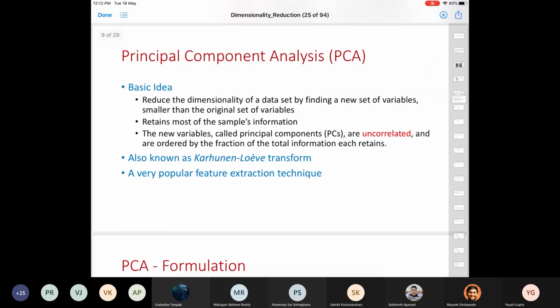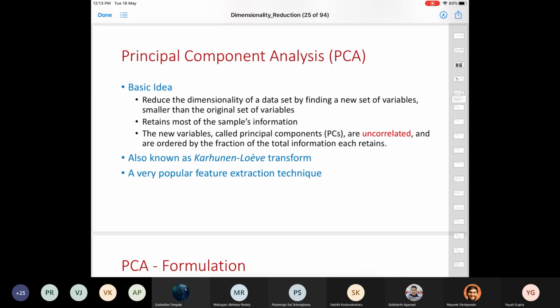Now let us discuss what PCA is. In essence, if I summarize, the central idea is reducing dimensionality, where we presume that your data set consists of a large number of interrelated variables.